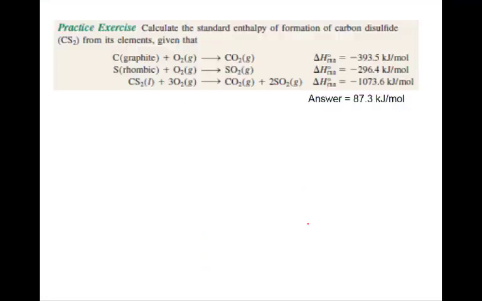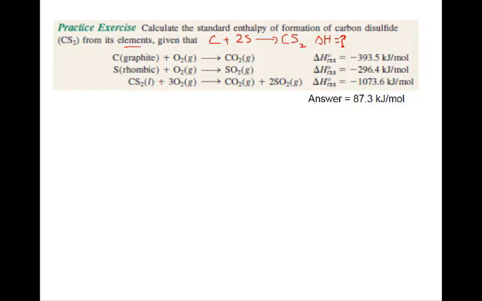Here, this is smaller. The question he is not writing here, so let me write the question. He says carbon plus 2 sulfur change to carbon disulfide CS2 and the delta H is equal to the question. Don't worry, in the exam the equation will be given, but here it is written in language form. It says carbon disulfide is formed from the elements, meaning carbon and sulfur. And equations 1, 2 and 3 are given here.